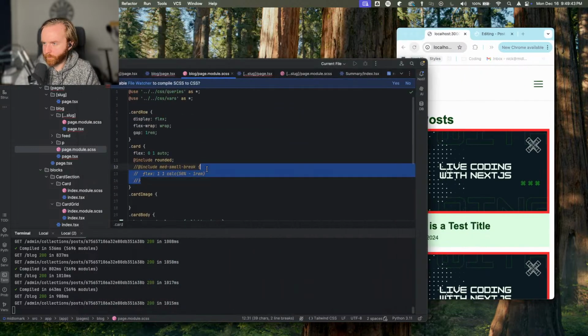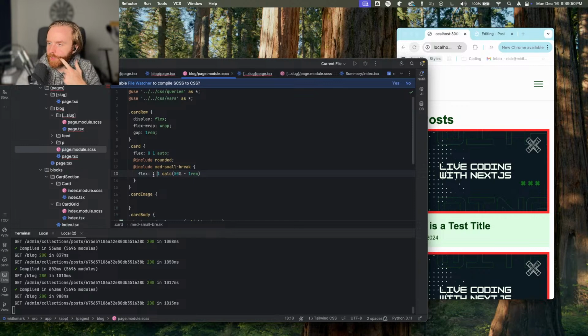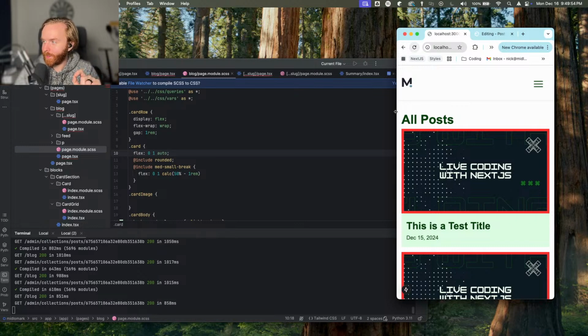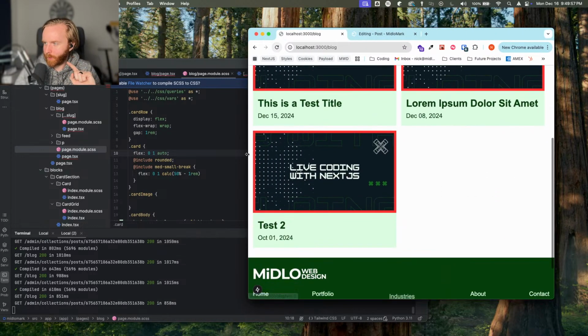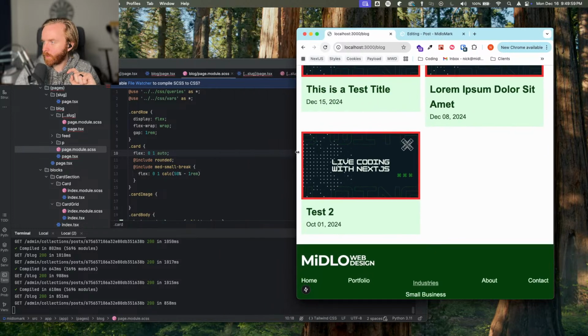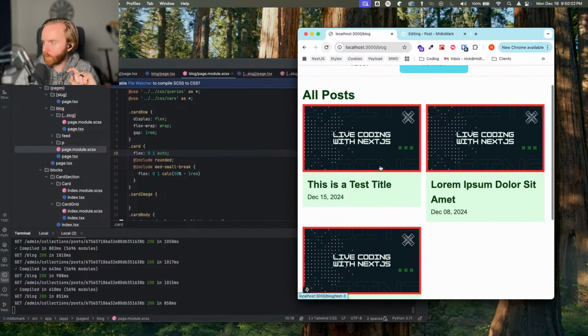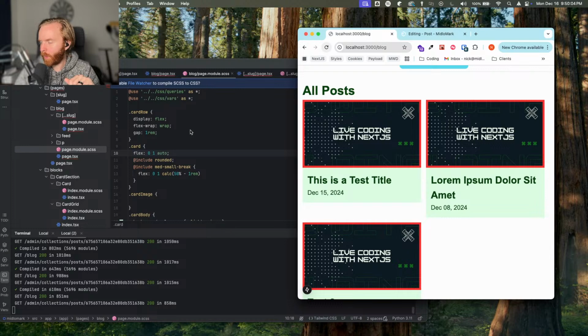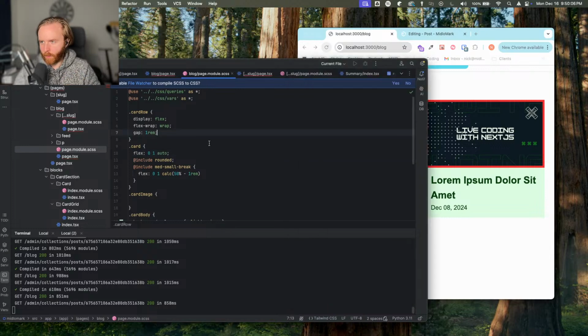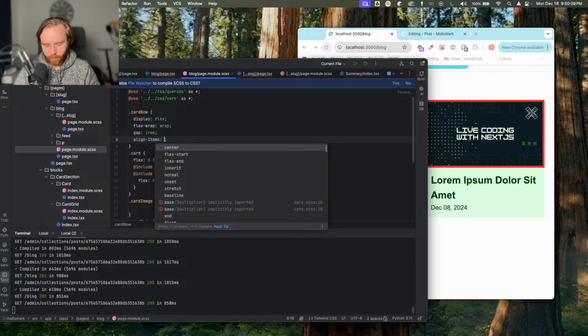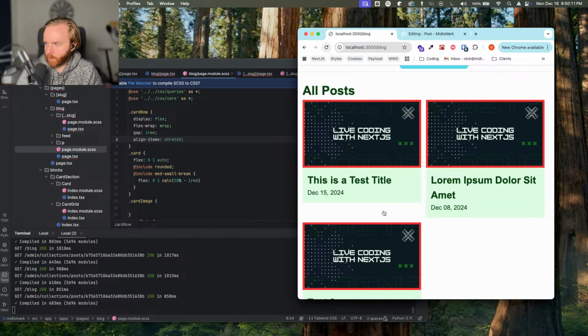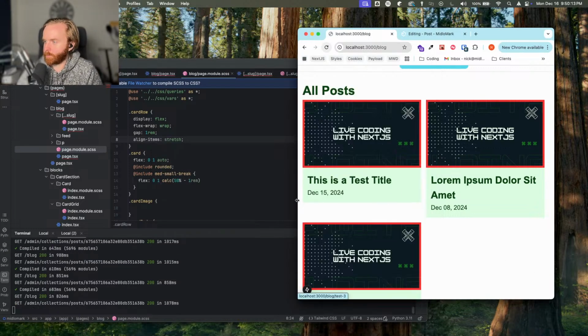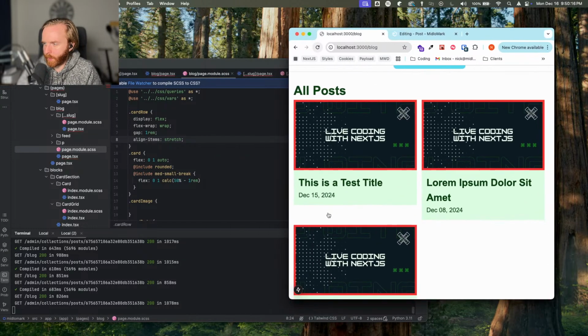So flex, we don't grow, that's right. Well, we'll see if that's right. Yeah, so that's exactly right. Perfect. So now we've got these that are expanding as we go, and we're going to set our align items to be stretch, because I just don't like when there's this white space down here at the bottom, but when I align items stretch, at least it,